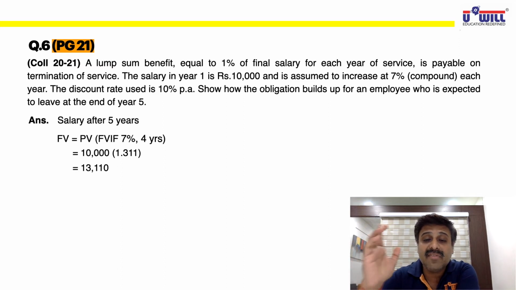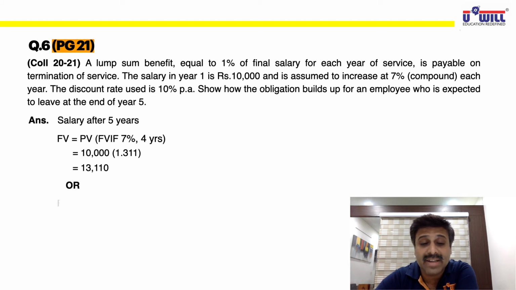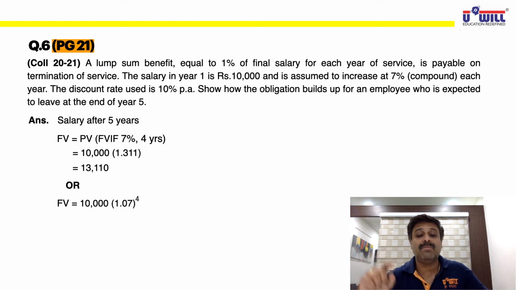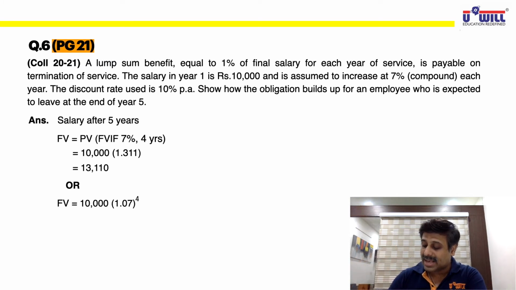Now by chance, if these time value of money tables are not given to you in the exams, then also you can calculate it on your own very easily. You count it as 10,000 into 1.07 raised to the power 4. Okay, why 1.07? Do in calculator 1 plus 7%. 1 is your current year's salary. Do 1 plus 7%. Do you all get 1.07 in calculator or not? If increment is 10%, do 1 plus 10%. If increment is 5%, do 1 plus 5%. So 1.07 is the factor to be taken for 4 years. Means you count it in your calculator 10,000 into 1.07 raised to 4.